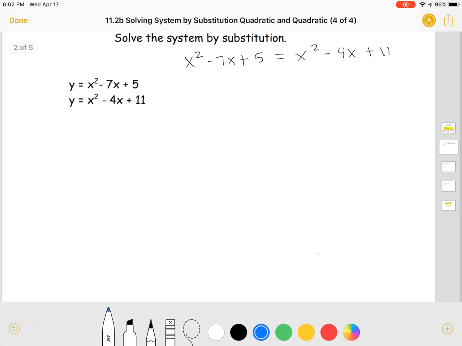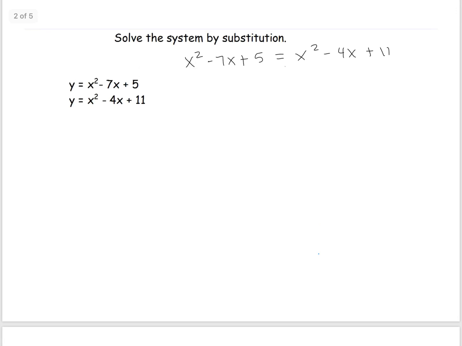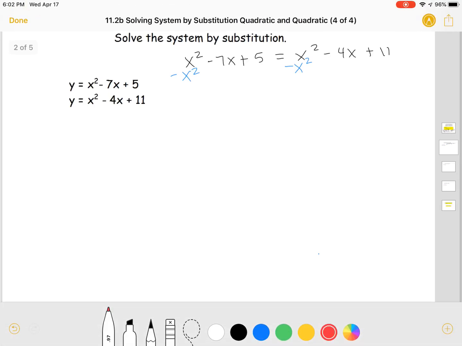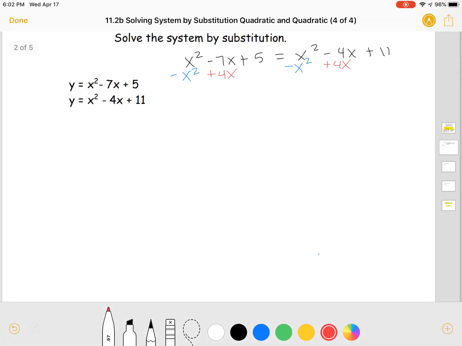Well, now that we have our equations equal to each other, we want to get everything on one side. So I'm going to combine my like terms. I've got my x squareds, which I can combine. And then we've got the opposite of subtracting 4x, which is adding 4x. So we can take negative 7x and add 4x. And then last but not least, we have